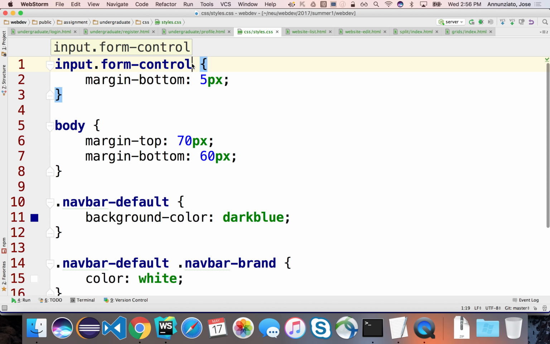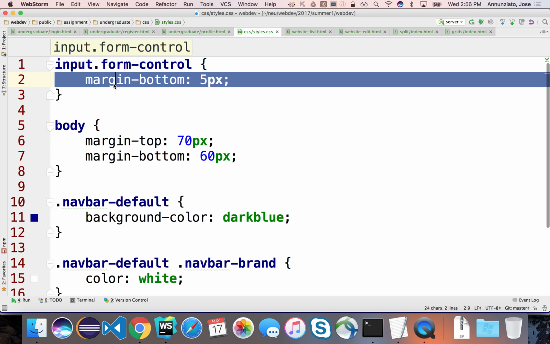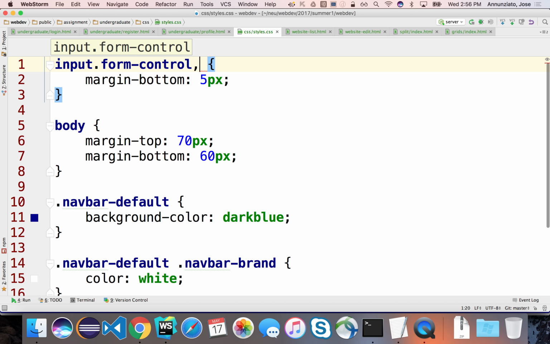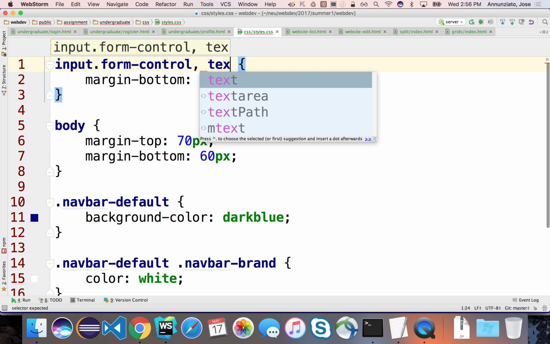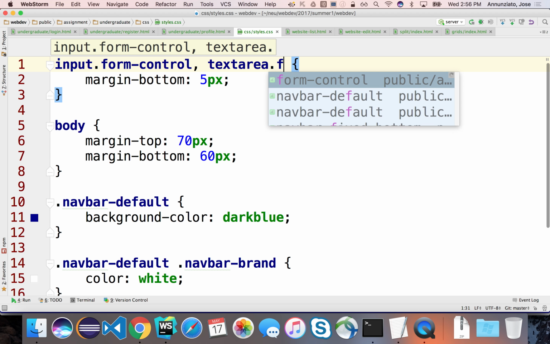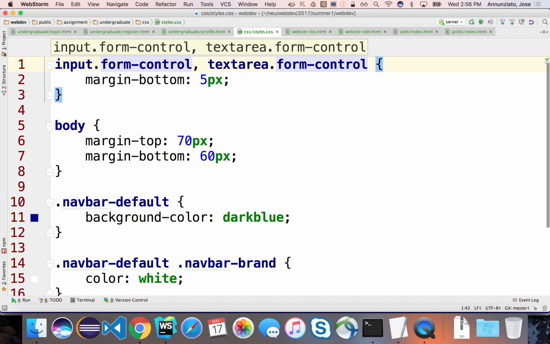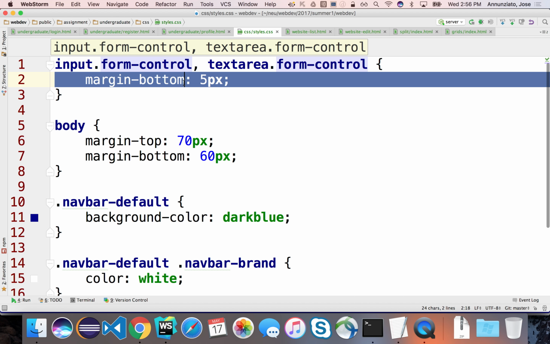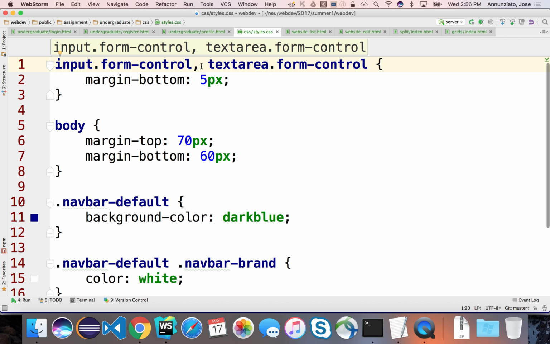So to do that, if we want exactly the same transformation on that element, we could use a comma separator and say, I want the same transformation applied to another rule, right? We can say that I want this to apply also to text areas that also have the form control class applied to it. Yes? Right, this allows you to reuse the same transformation for different